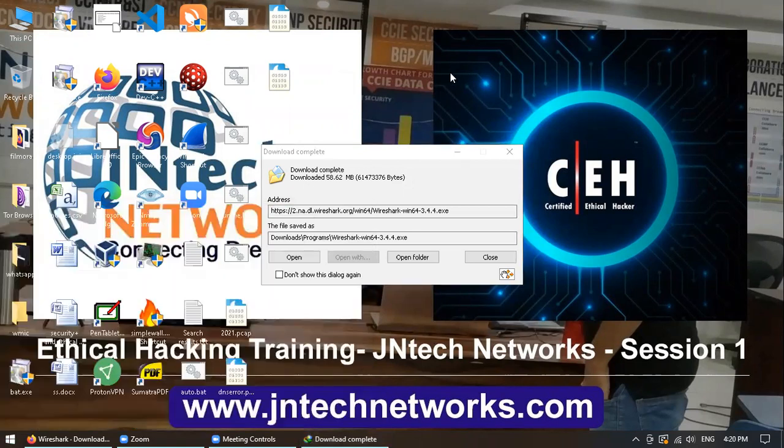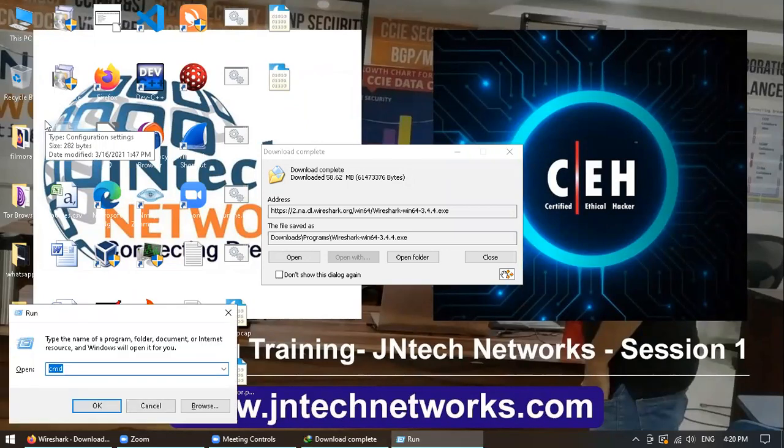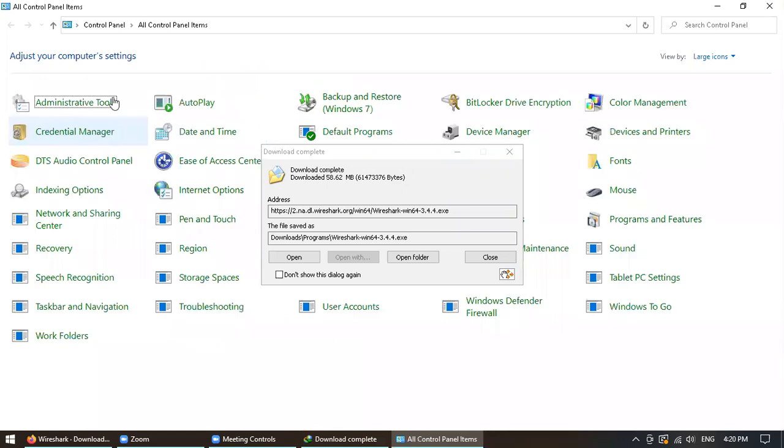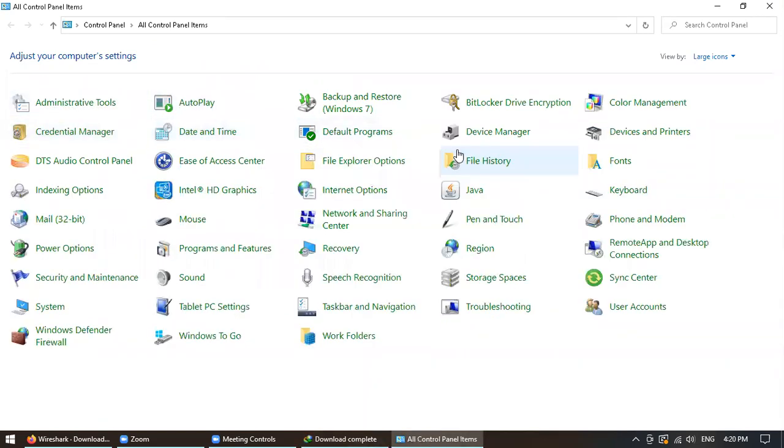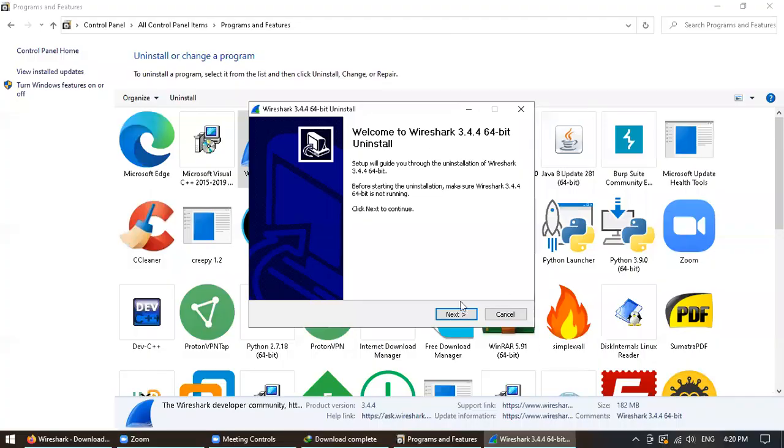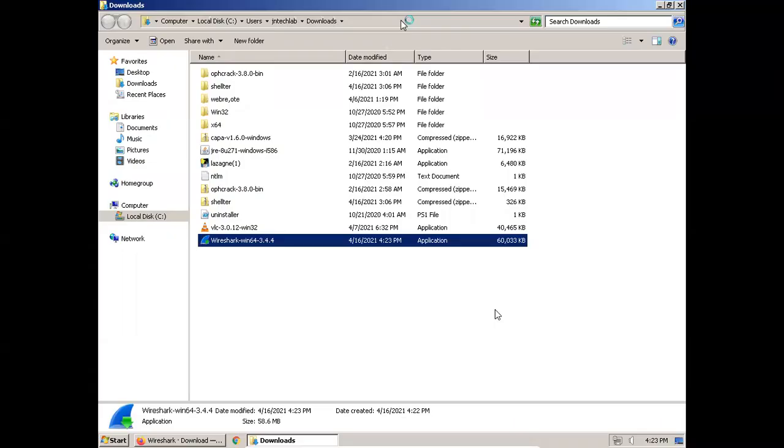Let's first uninstall the already installed Wireshark. I'm pausing the recording while it uninstalls so that we can get back to the installation.